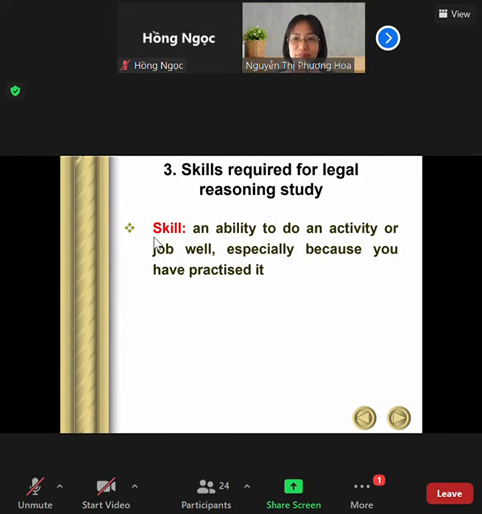Yes, I think the skill required for legal reasoning is critical thinking. Why? Because there are so many opinions in the court and from the defense party. So we need to have critical thinking to think it more clearly, and yeah, you can understand what other parties say to defend them and give our opinion. Okay, great. That is very important in our career, in our profession, critical thinking.